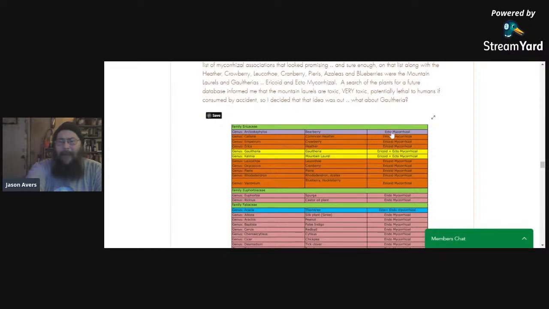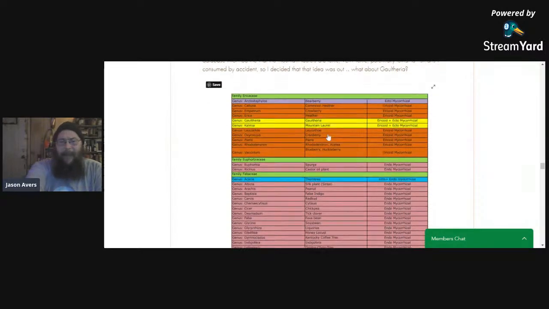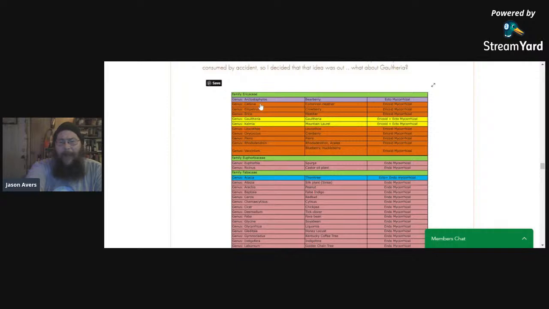This one is ectomycorrhizal, so it'll associate with firs and pines and things of that nature. Other than that, we have all of these ericoids, which are in the orange, and then these two, Gaultheria and Kalmia, mountain laurel. And these are both ericoid and ectomycorrhizal. So the idea is, if you wanted to have a mutual network,